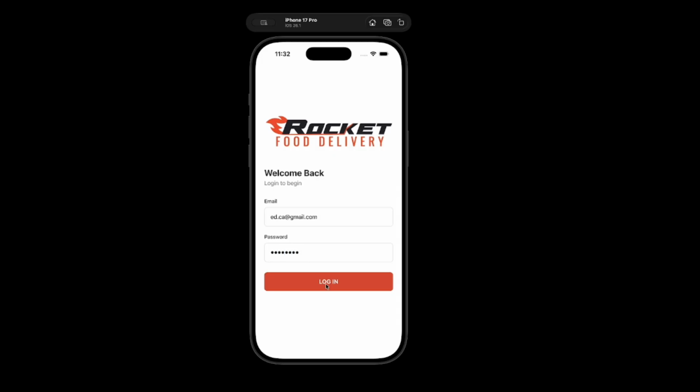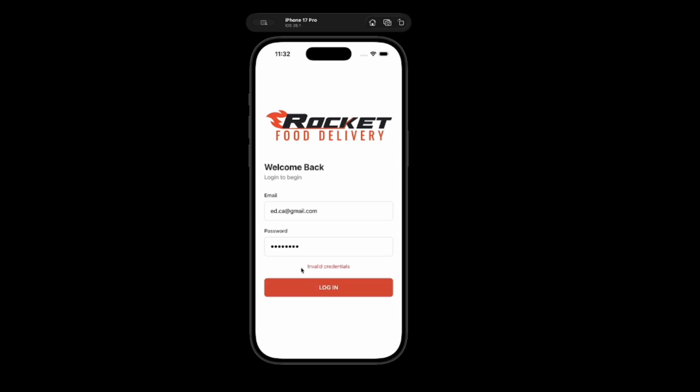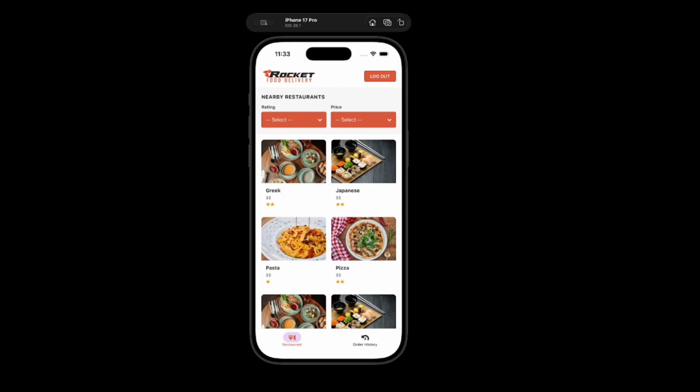All right, so this should fail. Yes, so it's an invalid credential, and it showed right above the login button. So okay, so that's working. So let's go back and enter the right credentials again, so we can showcase the rest of the application. Password, login. Okay, so as you can see, we just log in and we have a view with the menu